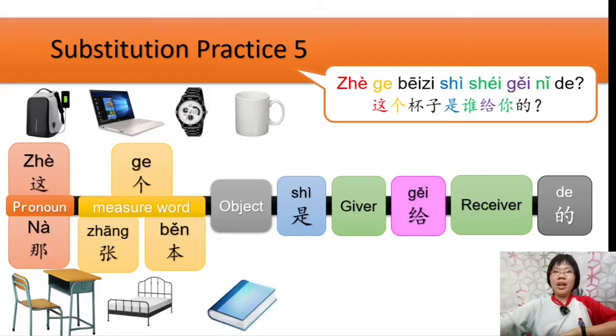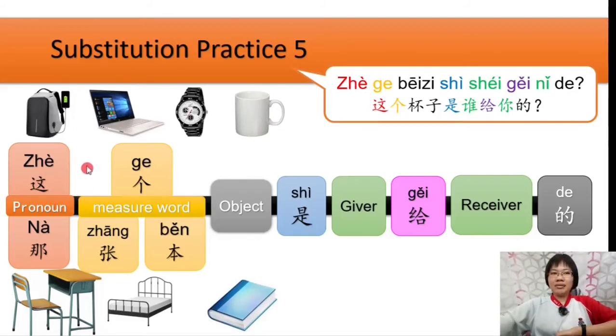Example, 这个杯子是谁给你的？这个杯子是谁给你的？We have a new vocab here called 给。给 means to give. To give. Fun fact, if you ask a Chinese to give you something, instead of 拿, you will say 给。